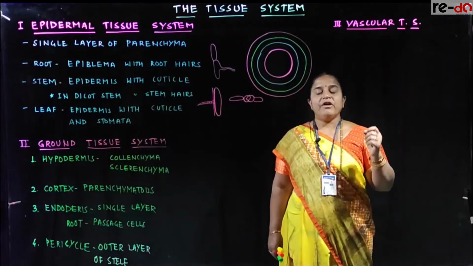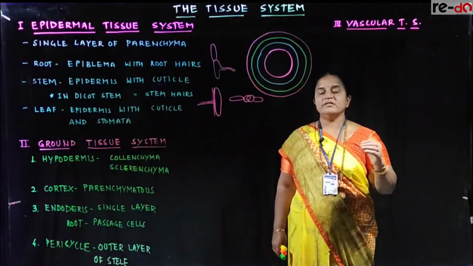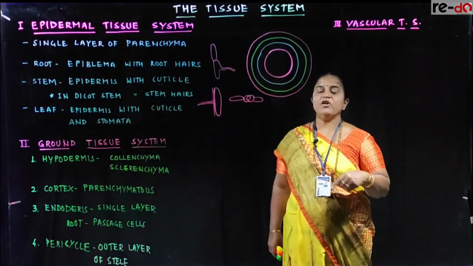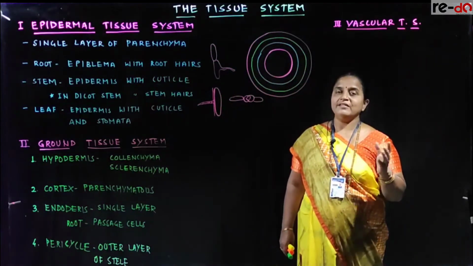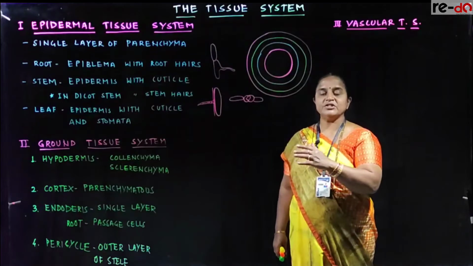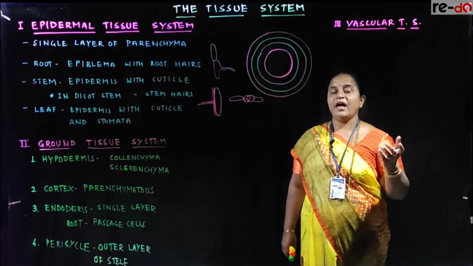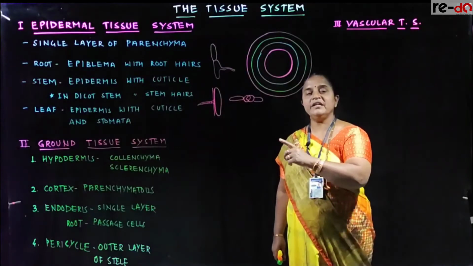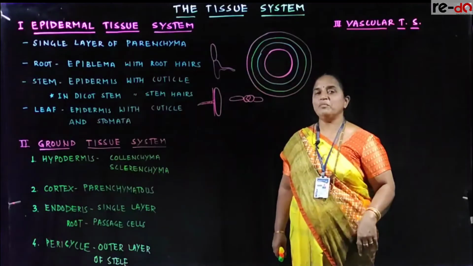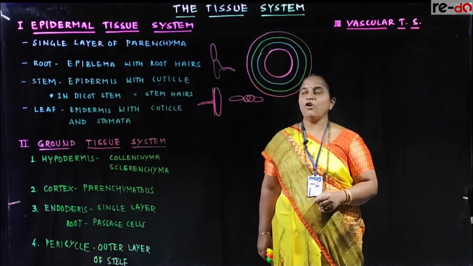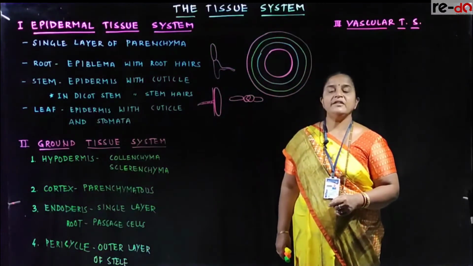So the fine movement of water during radial conduction occurs through passage cells, and because suberized cells do not allow radial conduction, naturally in the cortex region root pressure increases and it will help in passive radial conduction, that is apoplast. Coming to the next layer of ground tissue system, pericycle.